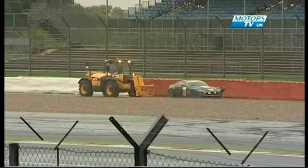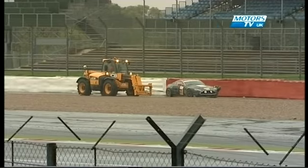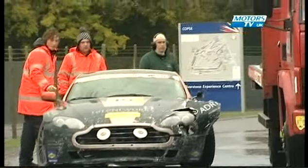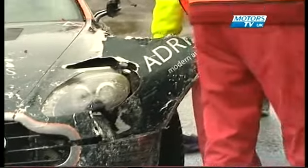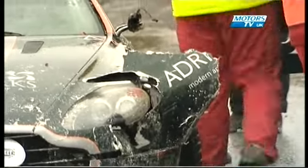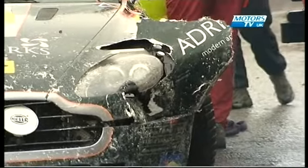Oh no, the Nicholas Mee Aston Martin is off. That's at Copse, with cosmetic damage to the left-hand side. It was running in 11th position, having a very quiet run of things. But that's a real disappointment for Carsten LeBlanc, Sarah Bennett Baggs,